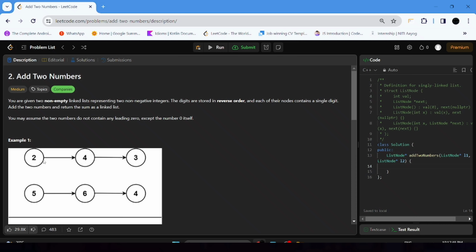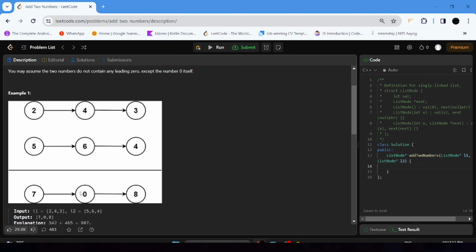That means here this list 2 4 3, we have to reverse this order. It will be 3 4 2, and here our list 5 6 4, we have to reverse its order. It will be 4 6 5, and we have to add both the lists, and we have to return our output as a linked list.